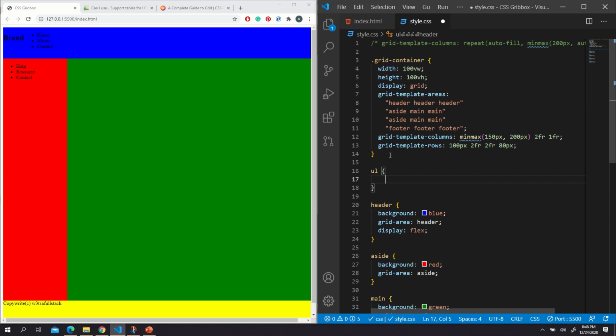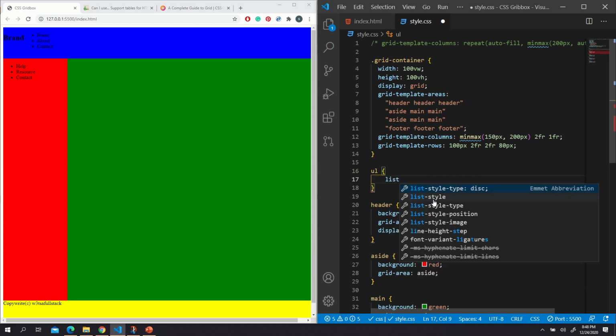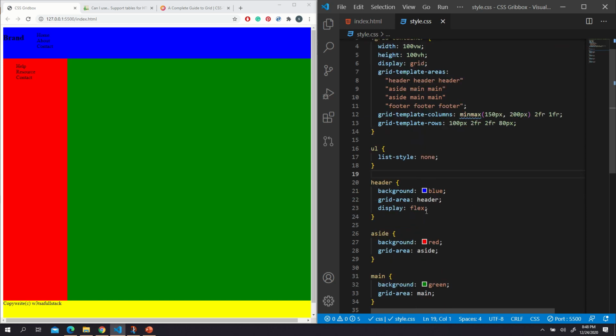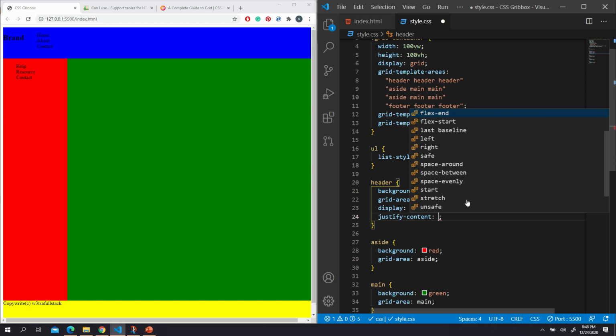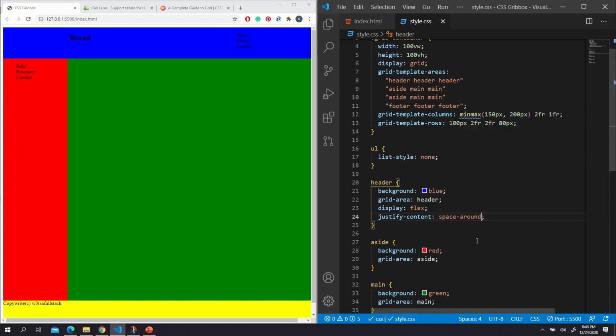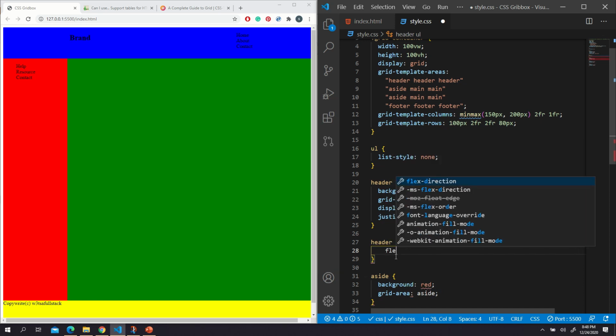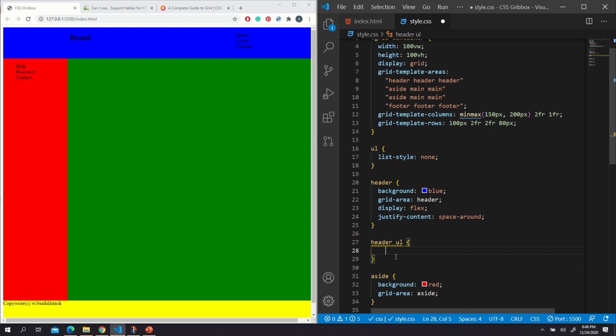I'm going to do another thing. I'm going to go ahead and UL, just universally target the unordered list, and just say list style, I want none. Okay, so the bullet points are gone now. All right, so display flex, I also want to do a justify content, and I'm going to do space around. So that's good. I also want to do, under the header UL, I want to do display